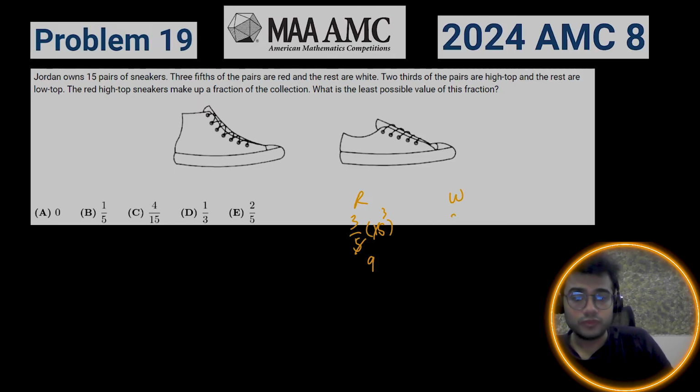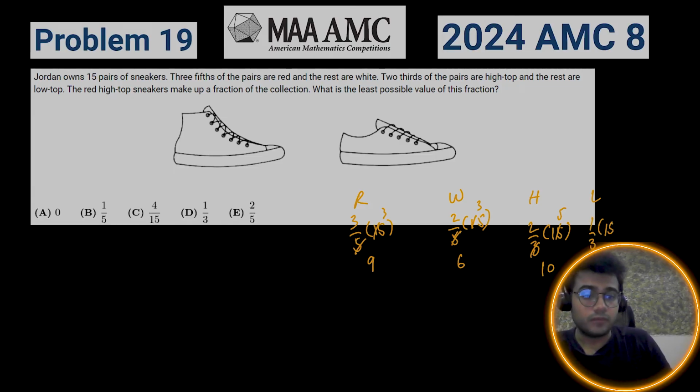So 2/5 of 15, that's going to make 6. So 9 are red, and 6 are white. Now 2/3 of the pairs are the high top tier. So the high top tier are 2/3. That's going to make 10 of them, and then the low top would be 1/3, which is going to be 5 of